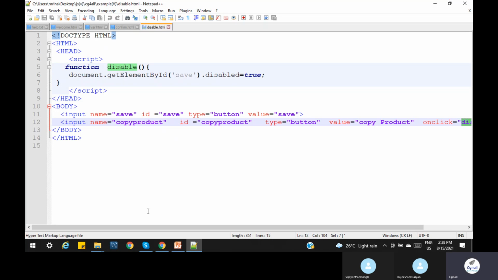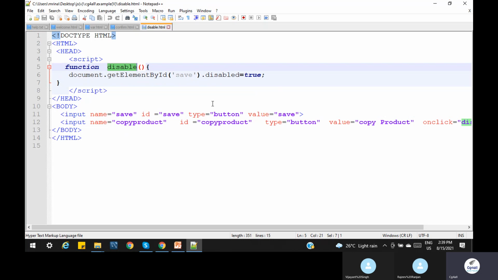Till now we haven't seen document.getElementById, but this is the most common method used in JavaScript. Now we are seeing document.getElementById, which we use with the ID. When we click on copy product, we call the disable function.